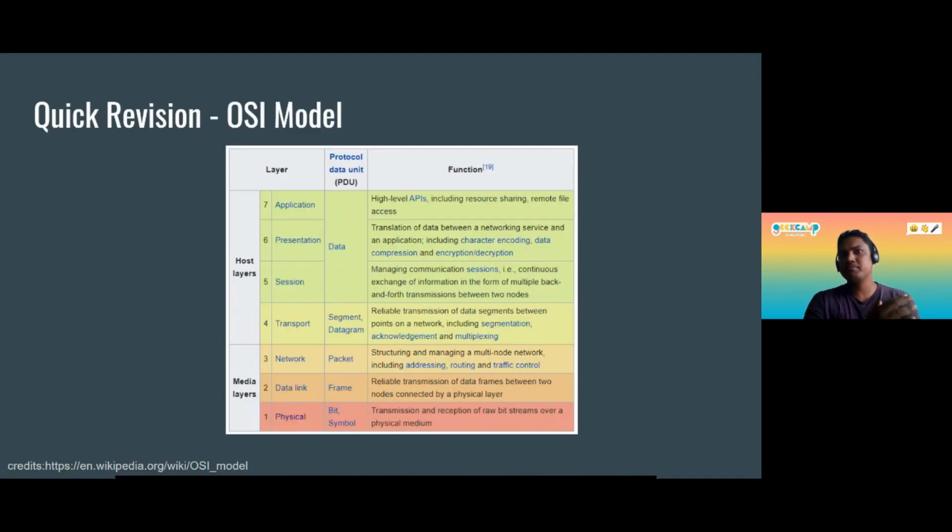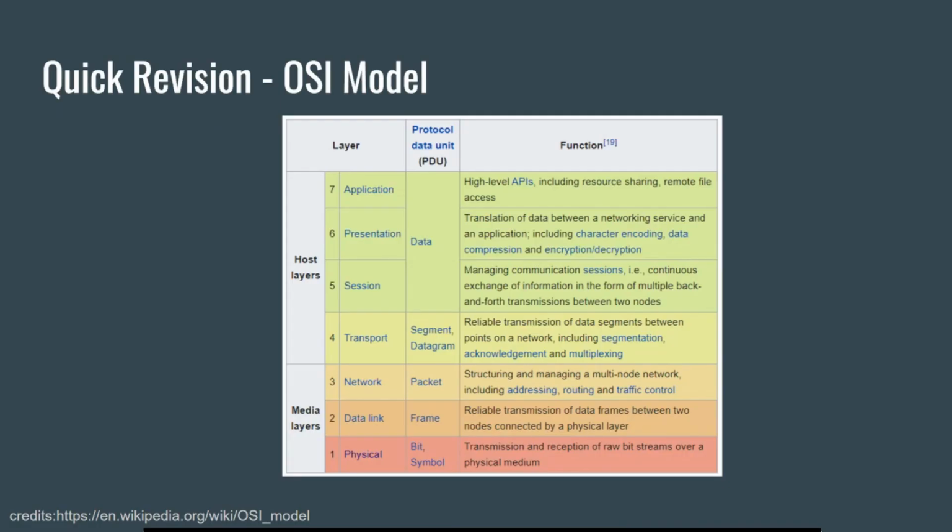So before going to CBOR again, let's go through some quick revisions about the OSI model so that you may easily understand where this CBOR comes into place. So this is the OSI model. Everybody knows that we have this physical layer, which is about the physical structures such as cables, hubs, etc. And we have the data link layer, which establishes and terminates the logical link with the help of MAC addresses and stuff.